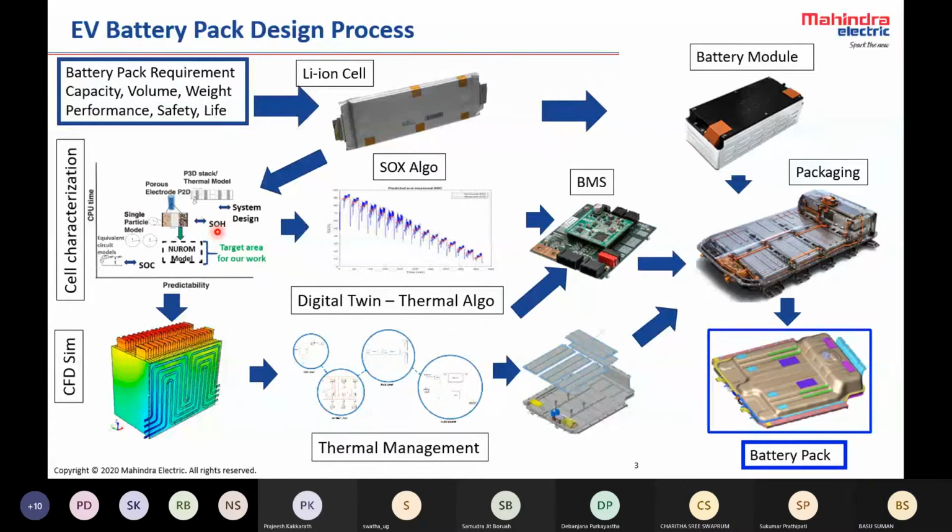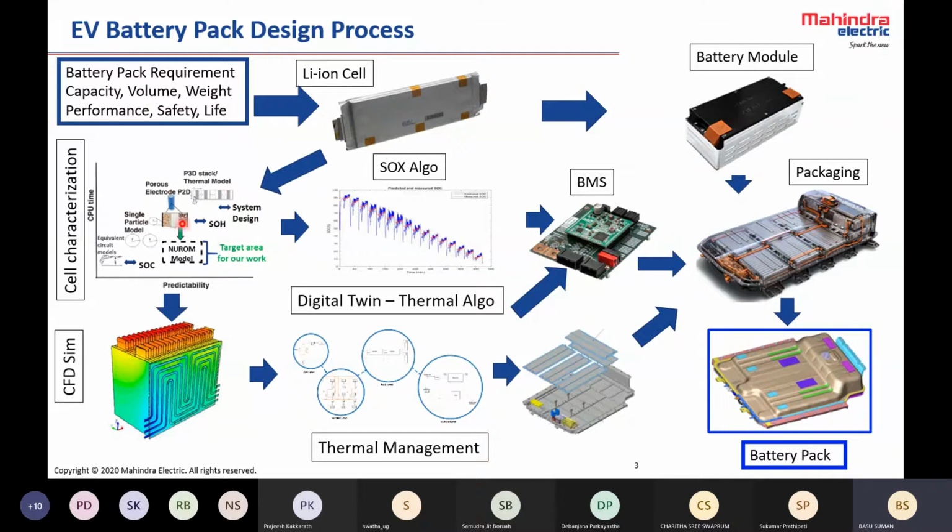Now after some usage, how much is it able to store? Is it able to still store 100 or 95 or 90 or what? So that will determine what is its state of health. And then from there, it will go to system level model. But of course, system level model is not cell specific, meaning cell information is required, but then how the cells are actually assembled in a pack, that will determine this model.